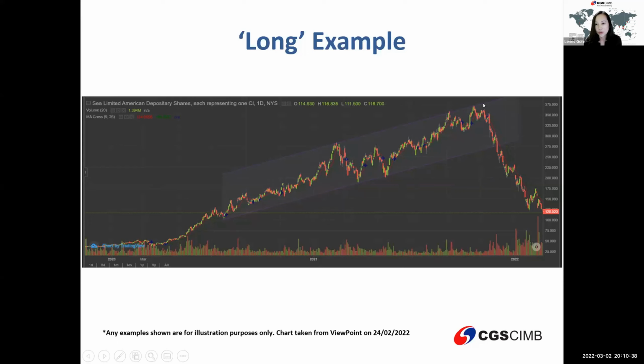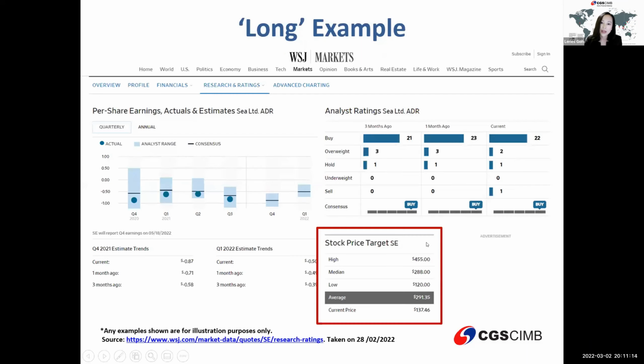But of course, with the tech crackdown and all these restrictions from different countries, all the tech sectors have been beaten down. In fact, just yesterday, C Limited went down more than 13% because they had a very disappointing earnings report, and also some government action in India affected their result. So you can see it has been beaten down quite a fair bit from the peak. Based on the analysts' ratings, like I said, this was taken a few days back.